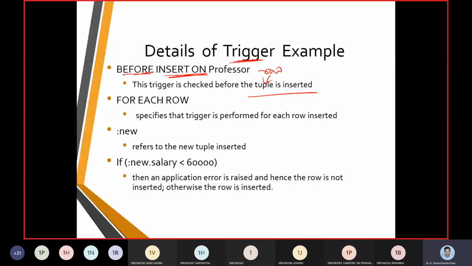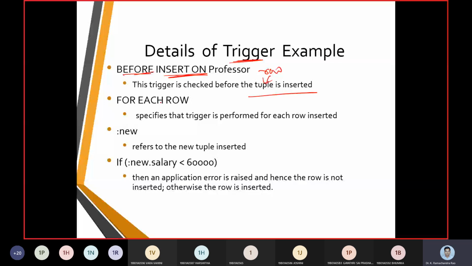Then again, FOR EACH ROW. By default, if we do not mention for each row, then it is going to be for each statement. If I use statement, it is called a statement level trigger. If we use row, then we call it a row level trigger.